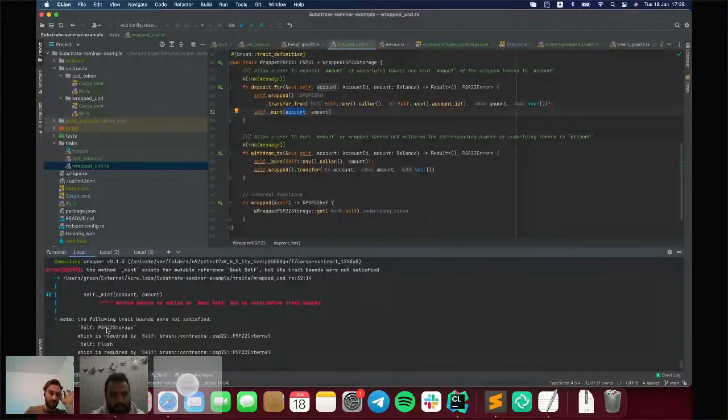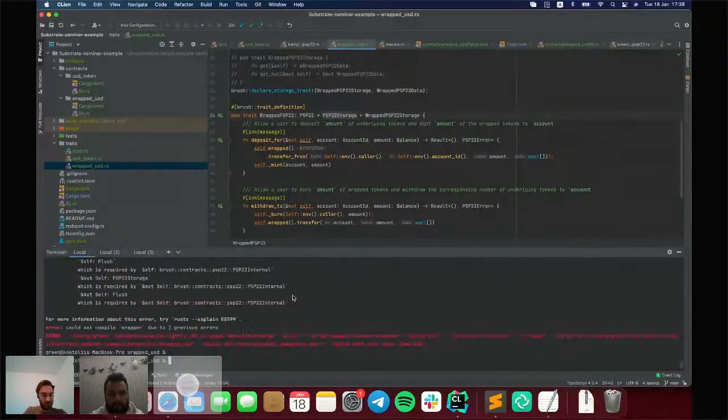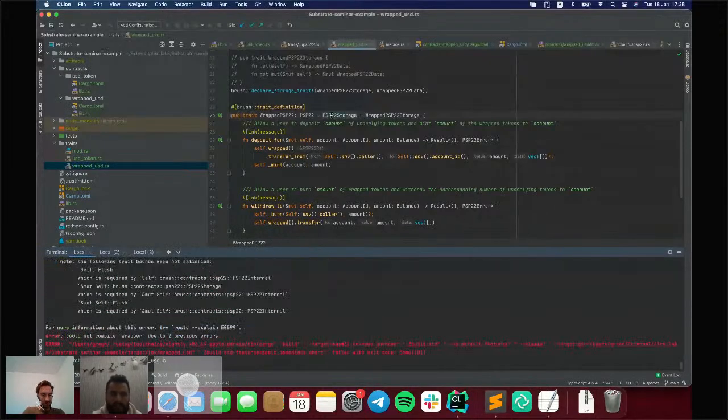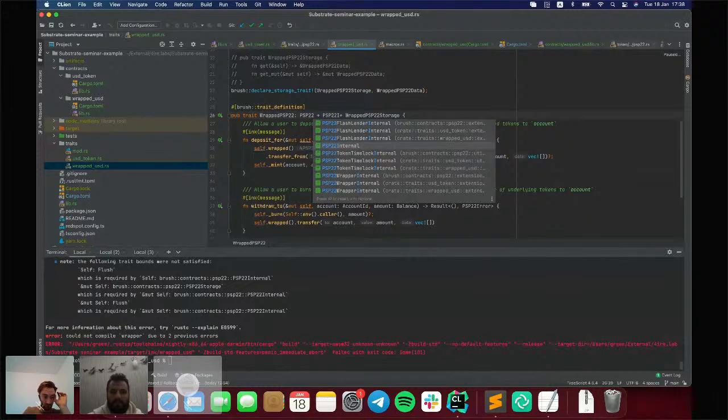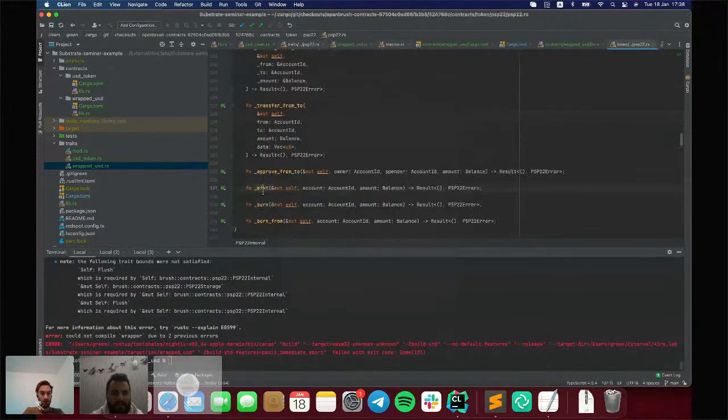Like you wrap PSP22, have PSP22 and wrapped PSP22 storage, but it also needs PSP22 internal, right? To get all the functions from PSP22. Yeah. Let's add PSP22 internal, because mint is part of internal.